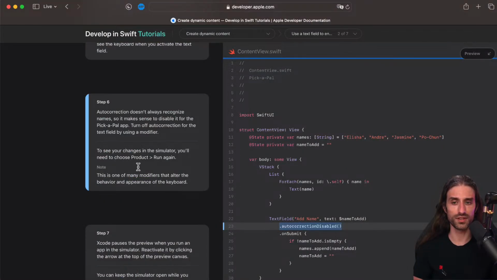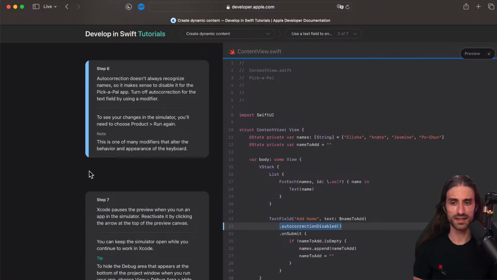in what you've written. And so they say that this modifier, autocorrection disabled, is one of the many modifiers that alter the behavior and appearance of the keyboard.